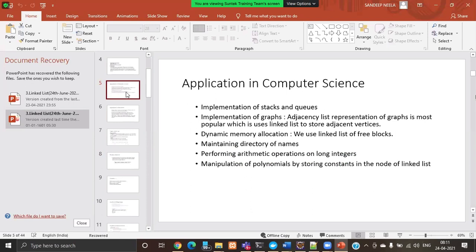Next, where we use the linked list in real life. So implementing the stack and queues. So why stack and queues, and where do we use stacks and queues first? Implementing stack and queues means, suppose you are doing some operation where you need to analyze the